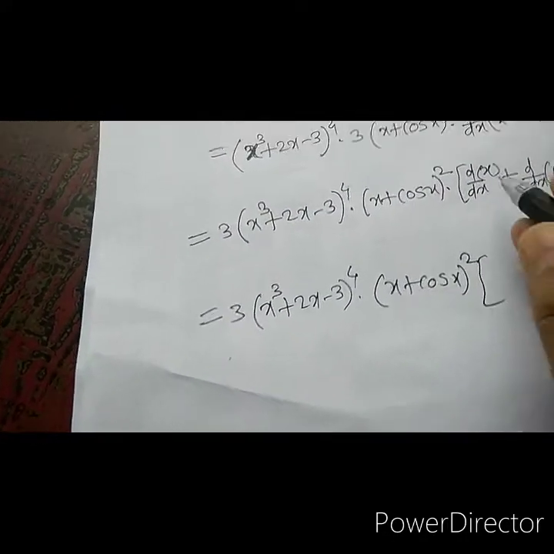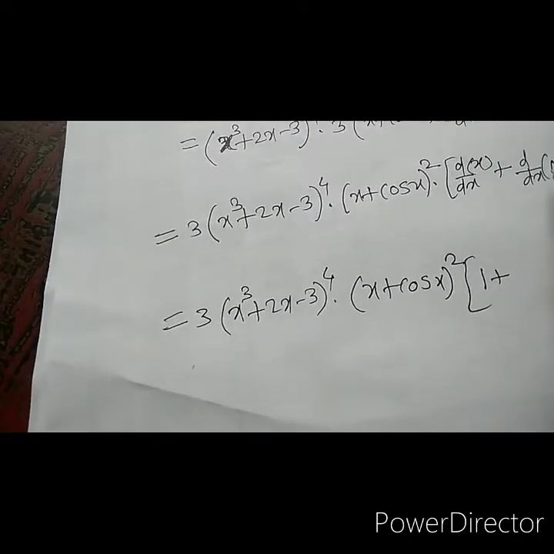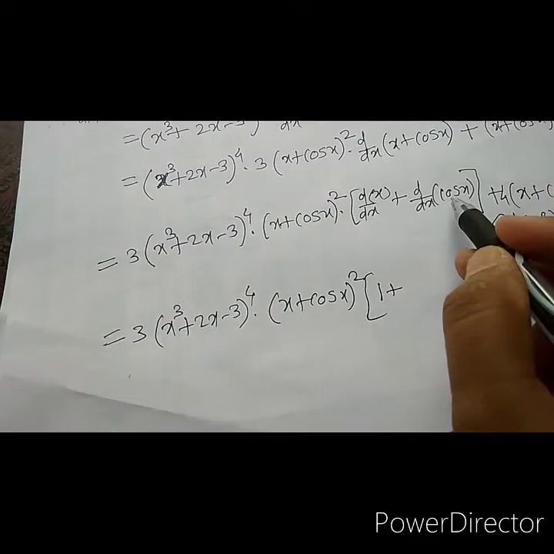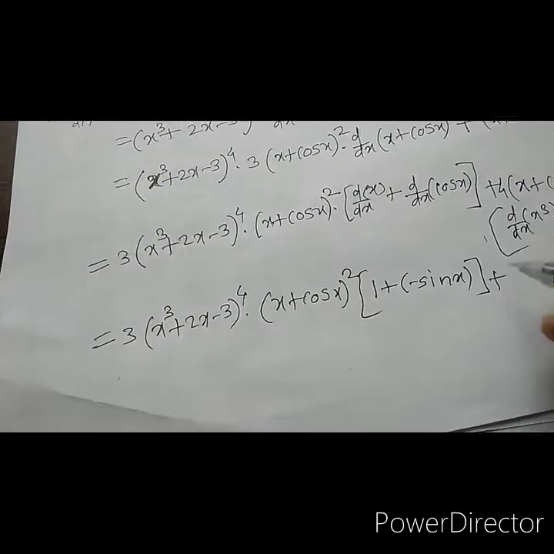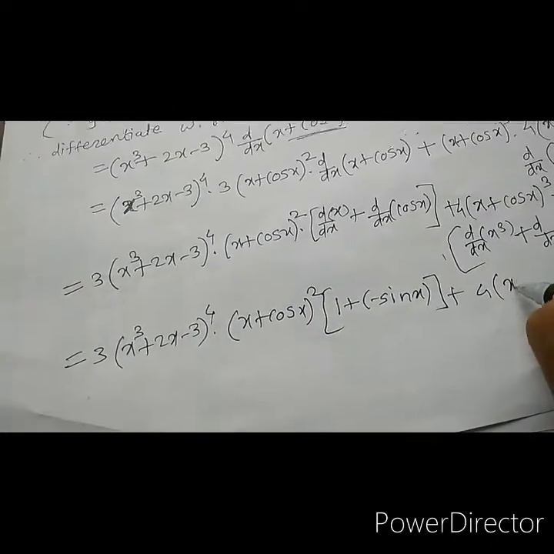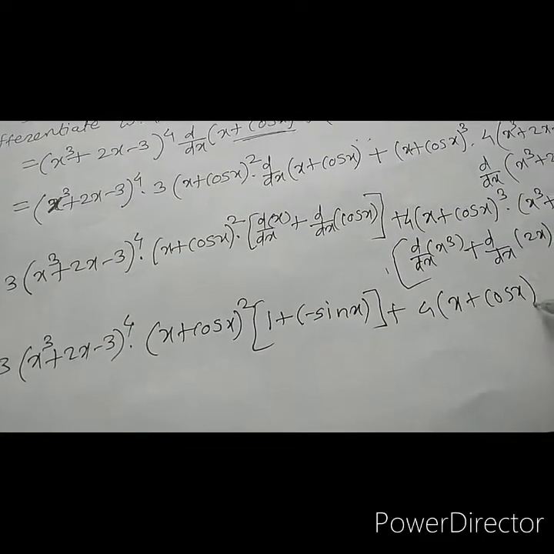Now derivative of x itself, dx upon dx, that is 1, and we know that the derivative of cos x is minus sin x, plus 4 (x plus cos x) bracket raised to 3 into (x cube plus 2x minus 3) bracket raised to 3